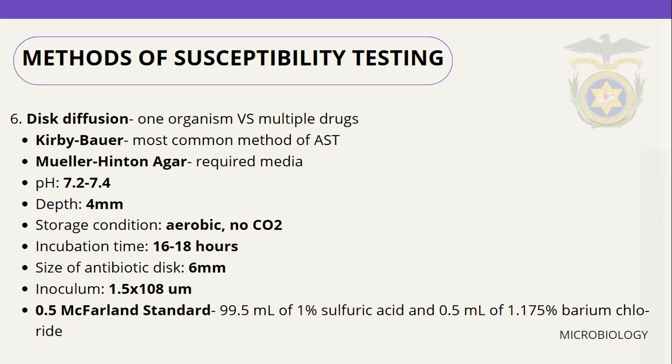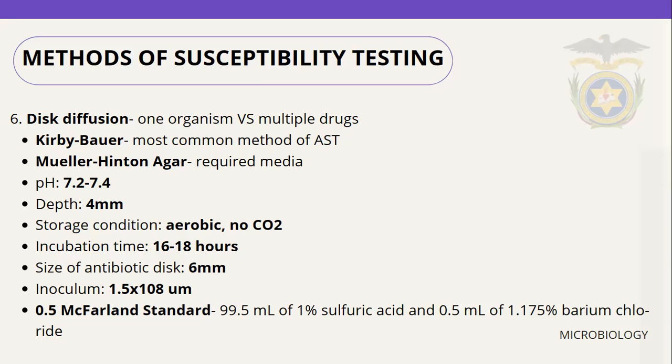The incubation time is 16 to 18 hours, and the size of the antibiotic disc used here is 6 mm, and the inoculum is 1.5 times 10 to the power of 8. We use the standard to compare the inoculum, which is our 0.5 McFarland standard,